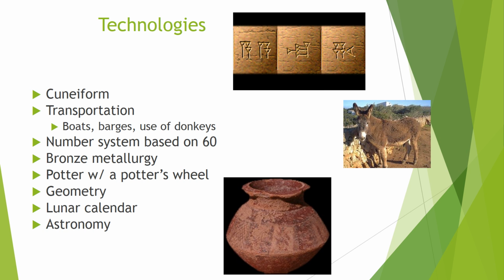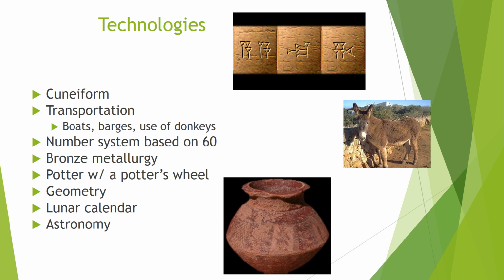So really quickly, you got the number system based on the term 60. You've got different metalwork. Talked about Hittite iron. Now we're talking about bronze being useful. Artisans are part of the merchant middle class, right? So you have different breakdowns there, like the pottery that is being created on a potter's wheel. Those things are being created here in Mesopotamia. Geometry, very similar to what is being used in Egypt, because different things require math, so you got to learn that. And then you have a lunar calendar, which will later on kind of go with the 365-day calendar and kind of get merged together.